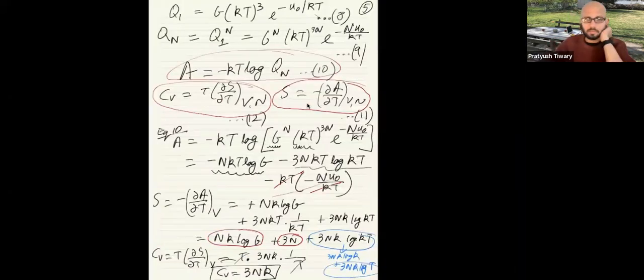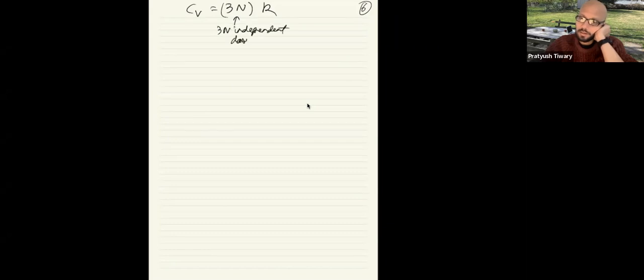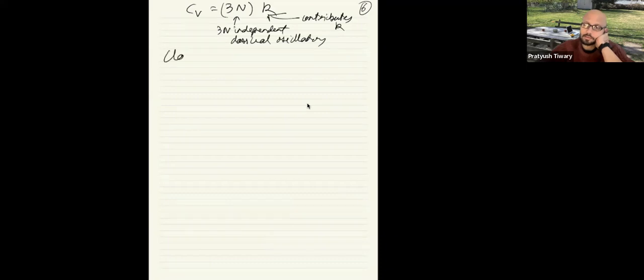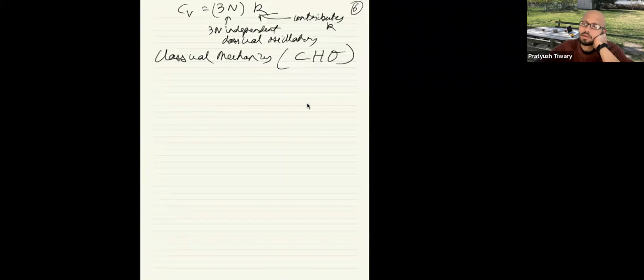So the result that you just got is basically a clear sign of the equipartition theorem. You have C_V equal to 3n multiplied by k. So you have 3n independent classical oscillators, and each oscillator contributes the Boltzmann constant to the heat capacity. So the total is 3n multiplied by k. So we just showed that classical mechanics, at least the classical harmonic oscillator (CHO), could not